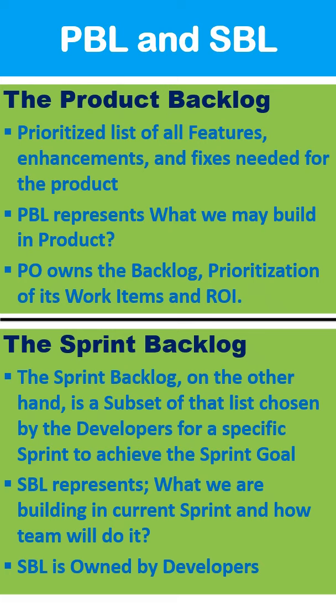And the SBL is owned by the developers. So this is how we can explain the difference between PBL, the product backlog, and the SBL, which is basically pulled from the product backlog based on the sprint goal, which is finalized by the team. It represents what we are building in the sprint, and it is owned by the